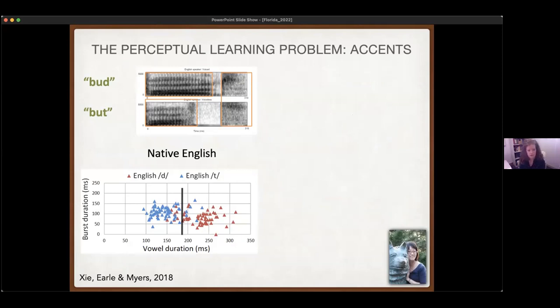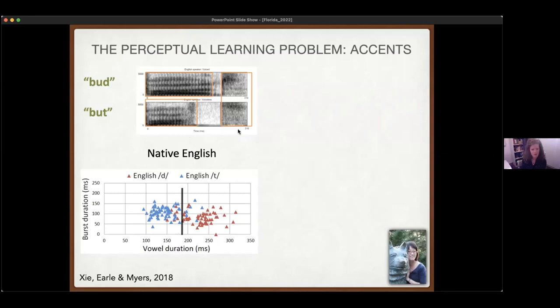She decided to use a contrast between word final voicing of stops. So if you're not familiar with the acoustics of these stops, I'll give you a really quick tutorial. If we have a word like bud, what I do as an English speaker to distinguish that from a word like but is actually mostly in the vowel length, believe it or not, right? And so you can see that in the first orange block up here, the vowel length for bud is long and for but it's pretty short. And she sampled from a bunch of English speakers, and sure enough,